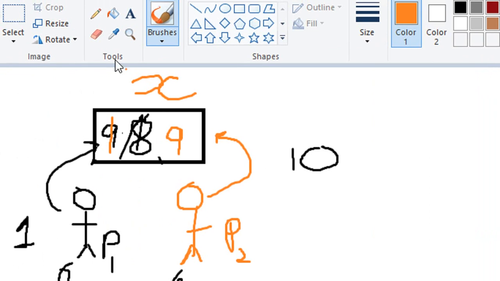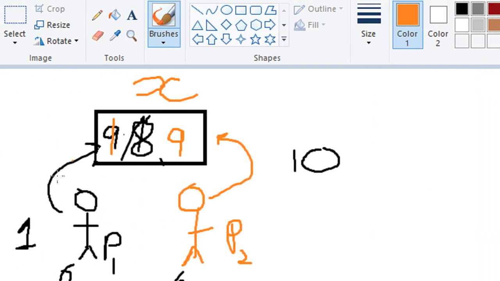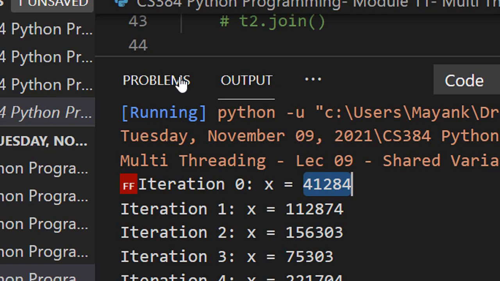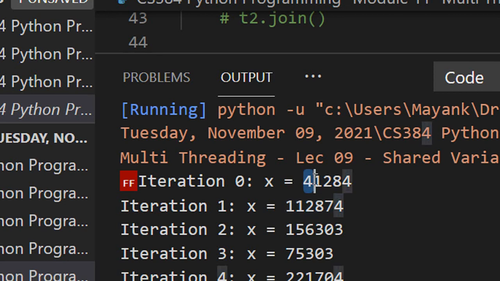This happened because of this phenomenon. In a particular case, it may have happened that out of 1 lakh executions, both of them read 8. And since both of them read 8, both of them wrote 9 on the memory. Both of them wrote 9 on the memory. So now you can see what the output value should have been: 2 lakh in the iteration 1.